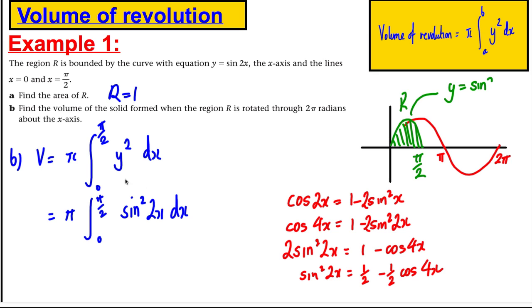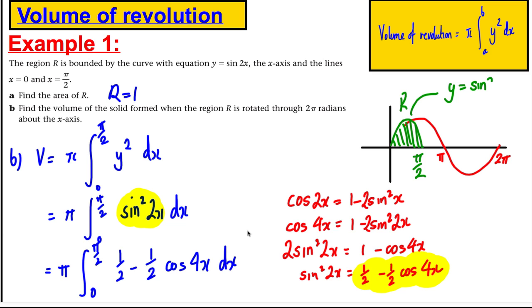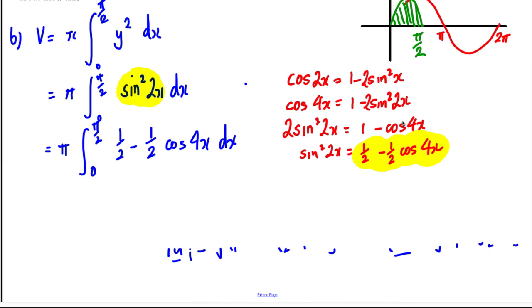Okay, so instead of trying to integrate sine squared 2x, which I can't, I can integrate this. So in place of sine squared 2x, I'm going to put the following. So I'm going to do pi times the integral between 0 and pi by 2 of a half minus a half cos 4x dx. Okay, so let's keep going with this. So what I'm going to do then is actually integrate this. So keep the pi there, integrate, put square brackets, integrate a half, you get a half x, and integrate minus half cos 4x. What you get when you do that,